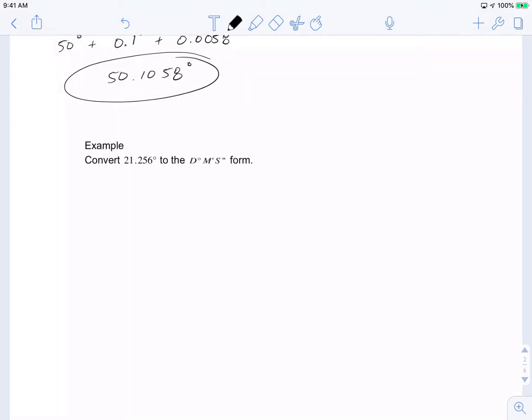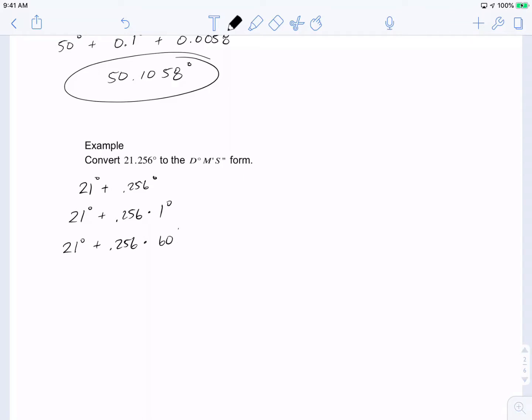So what if I have degrees and I want to turn it into degrees, minutes, seconds? What we're going to do is we're going to break it up precisely like we did before. So I'm going to go 21 degrees plus 0.256 degrees. And then I want to change that 0.256 degrees to times 1 degree. But from the earlier information that we had, we can see that 1 degree is the same as